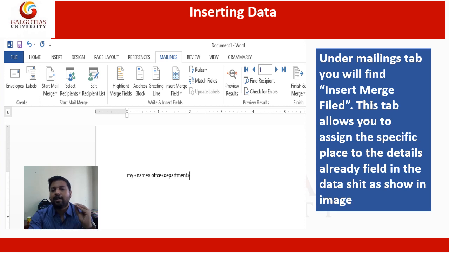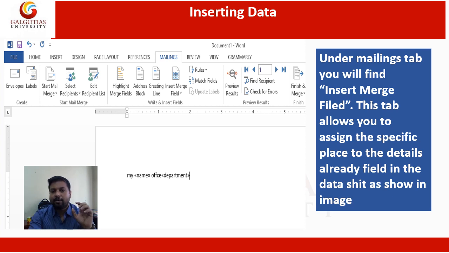Whatever details you have filled in that Excel sheet will be filled separately on different pages or different cards. Okay, so it's a very useful, handy tab and application if you want to send lots of emails, or if you want to create certificates, as I already said. So you can use this tab, which is called mailings.